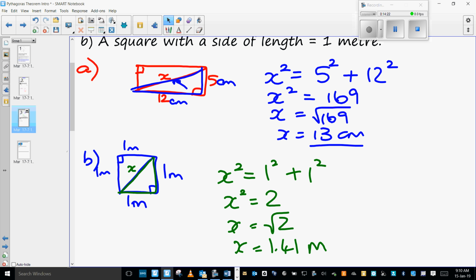But then if they ask you for both the triangles, you just have to add. Well, remember this, so in a rectangle, if we go back to this one, if this length's 12, that's also 12, isn't it? And if that length's 5, that's also 5. So it's going to be exactly the same. That's why you get the choice of either diagonal, because they're exactly the same. And there's no questions that will ask you to find both of them, because the diagonal would be the same length. Even if you'd gone this way, it would still be 5 and 12. Okay? Are we all good with that, ladies? All right, awesome. So we're going to have some practice